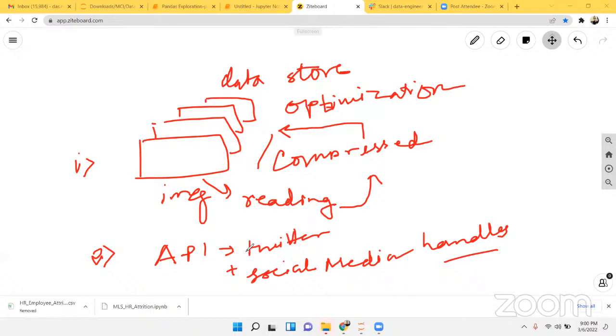The API is hitting the server and it returns a lot of associated data sets, which may or may not be important, but it hits back with a lot of extra information. Those are not required. So in that instance, what we do is trim that particular API data set, and we try to convert it in the form of metrics, with all the responses or with all the handles. So primarily, if I want to explain,